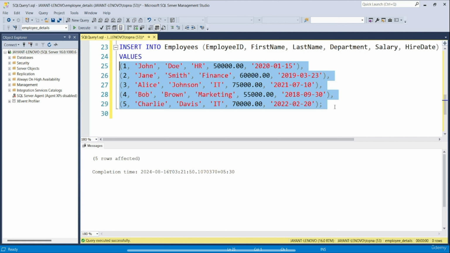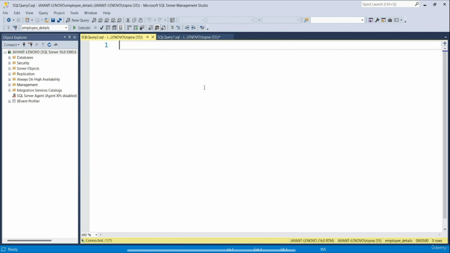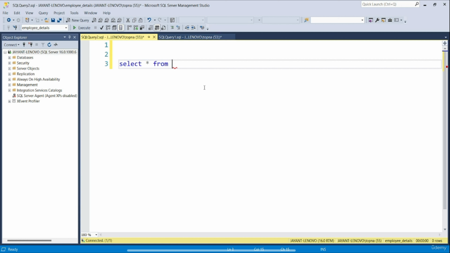Now let's learn about the SQL select statement. So I will now simply click on new query and it will open a new query window for us. Press enter twice, come to line number 3 and now let's write a simple select statement. So I'll write select star from, and now we will provide the name of the table. So the name of the table is